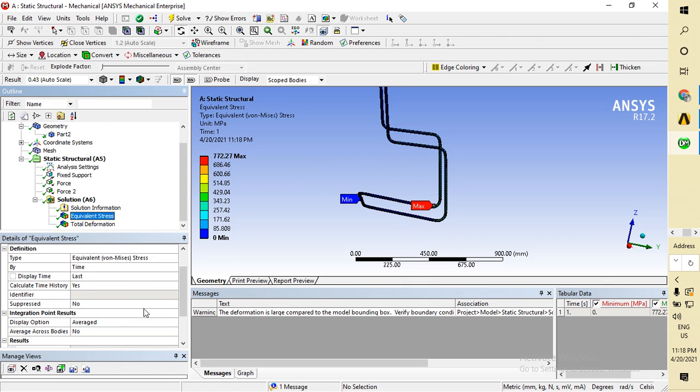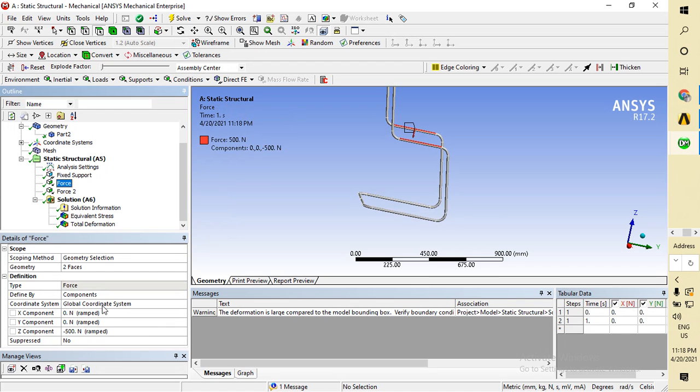As of for now, I'm going to decrease the force. So I'm applying the 200 Newton force. It means 20 kg of load, and here I'm also applying in the back force 20, and in primary loading I am applying 500. Let me see what is the difference. Okay, solve.